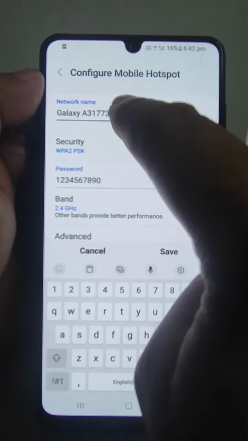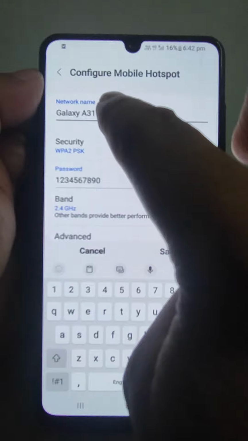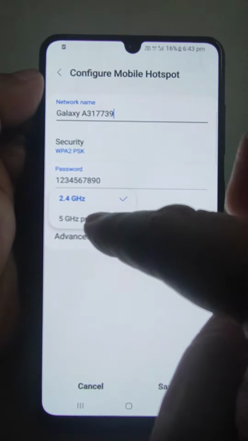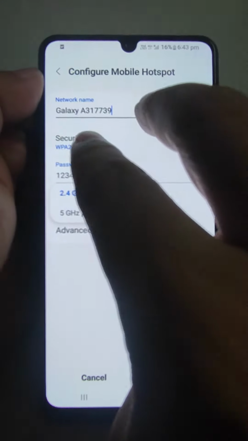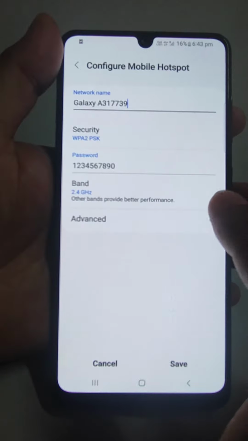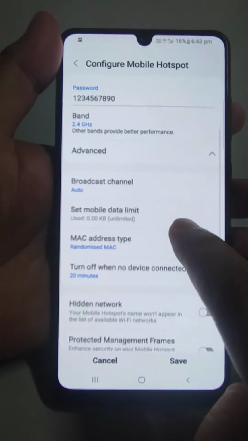Now from here you can change the name of your hotspot. Here you can change the password. Here also you can change the band, 2.4 gigahertz or 5 gigahertz. And as soon as you touch Advanced, here